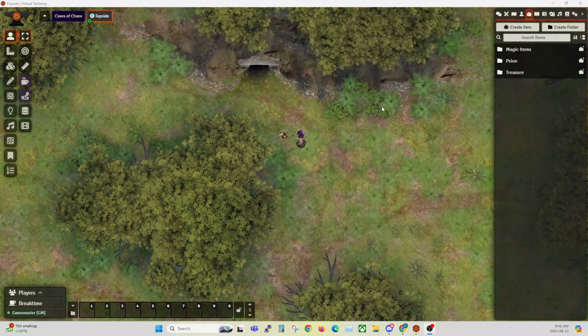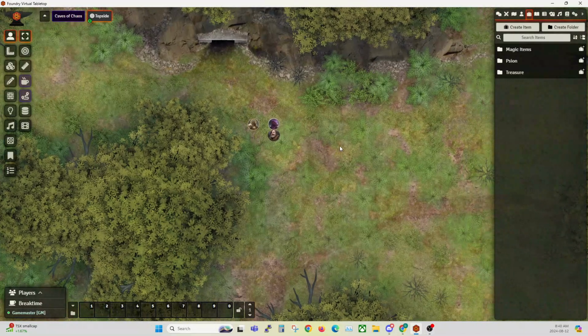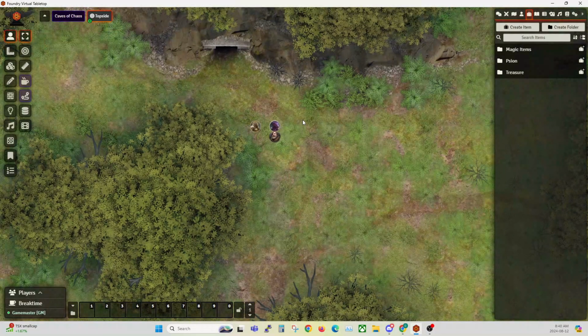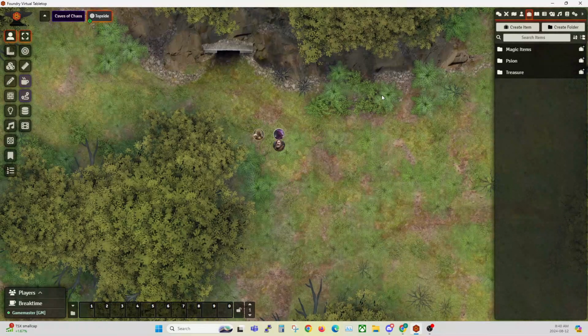All right, in this video, we are going to make a class. I am using Foundry version 12, and this is the DC20 0.8 beta rule set. So making a class is very similar to making an ancestry. That's actually why we went through the ancestries first, because what you learned building an ancestry you'll use for